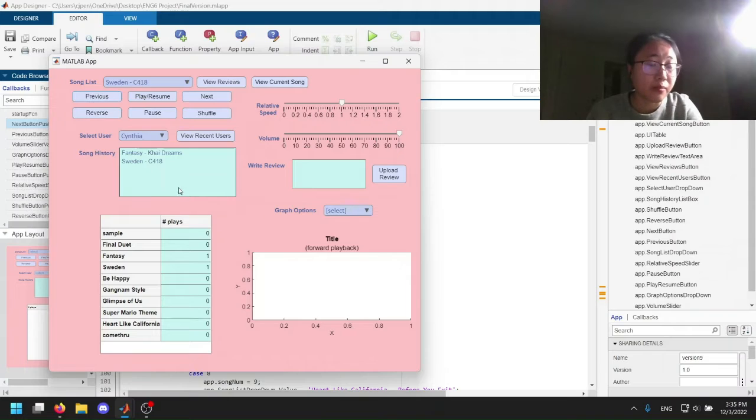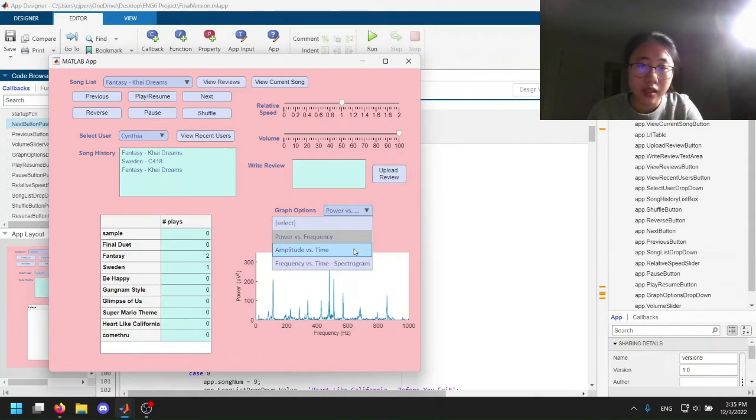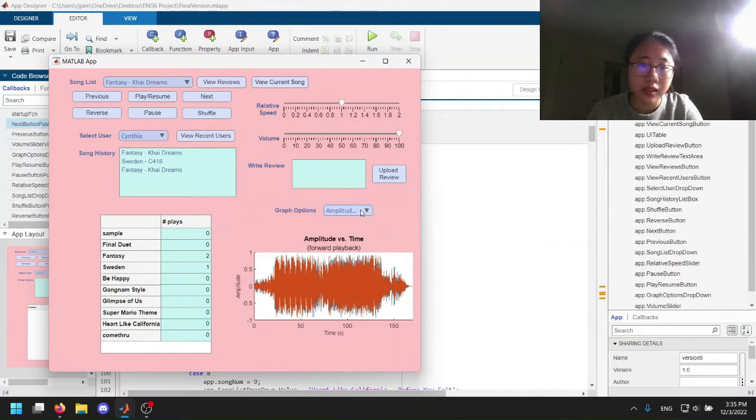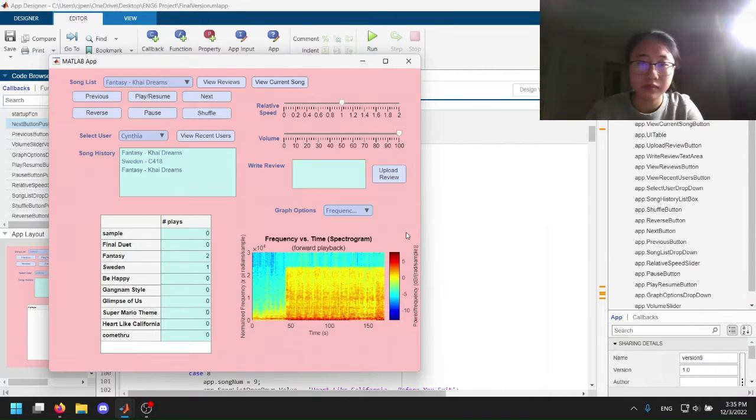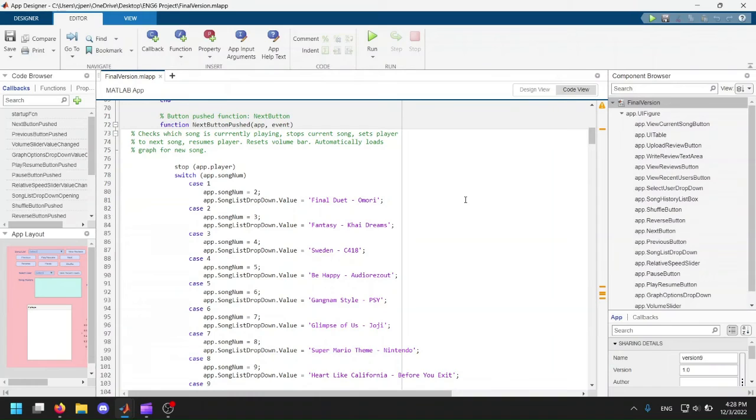And we can also skip to the previous song. For each song, there will be 3 graphs: power versus frequency, amplitude versus time, and also a spectrogram of frequency versus time. For the next button, what it does is use a switch case to check the current